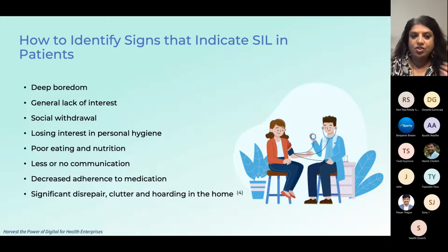Do they have good personal hygiene? Have they dressed appropriately for the visit? How is their body posture? Are they coming in all stooped over, head bent down, or are they upright? Do they have a smile on their face? Are they responding to you appropriately? Are they avoiding your questions or giving monosyllabic answers? These are some of the ways you can see how actively engaged they are and how removed they are from their visit.